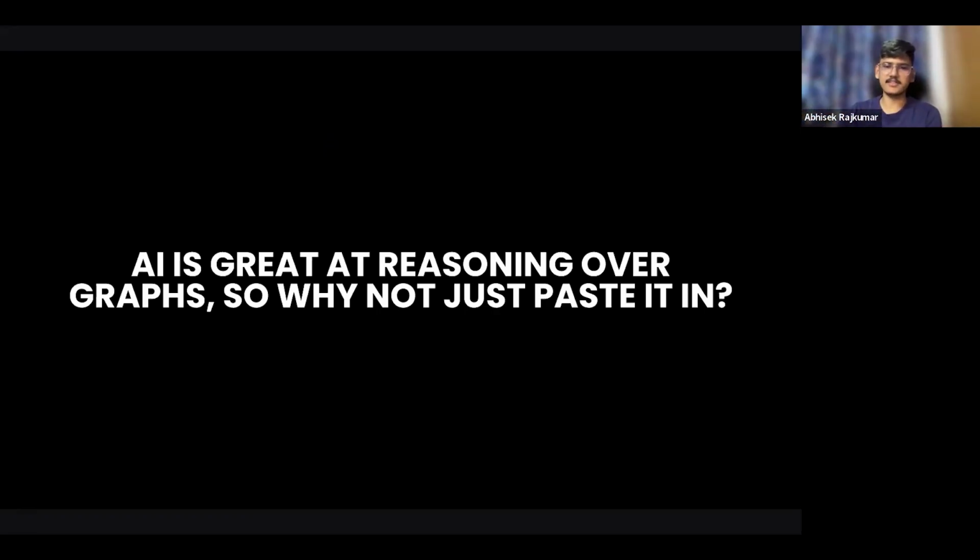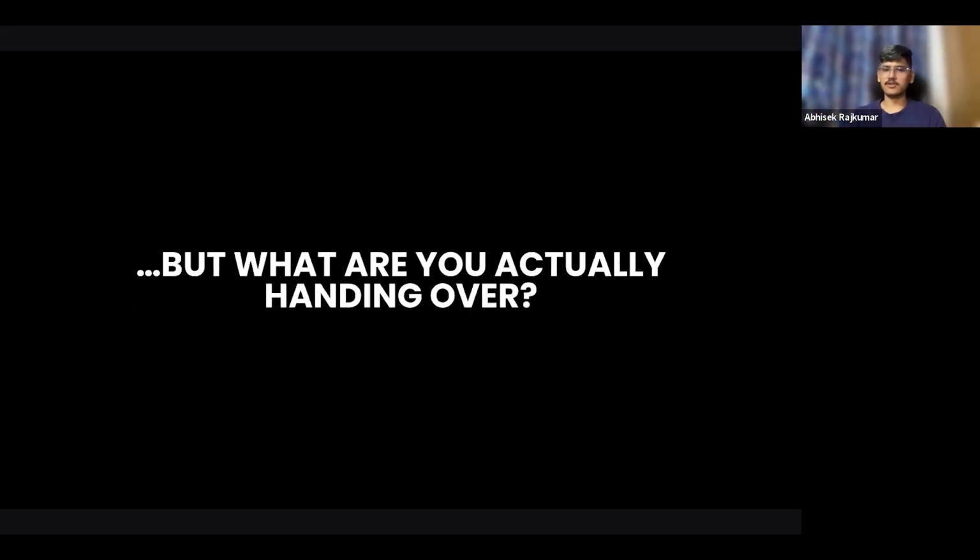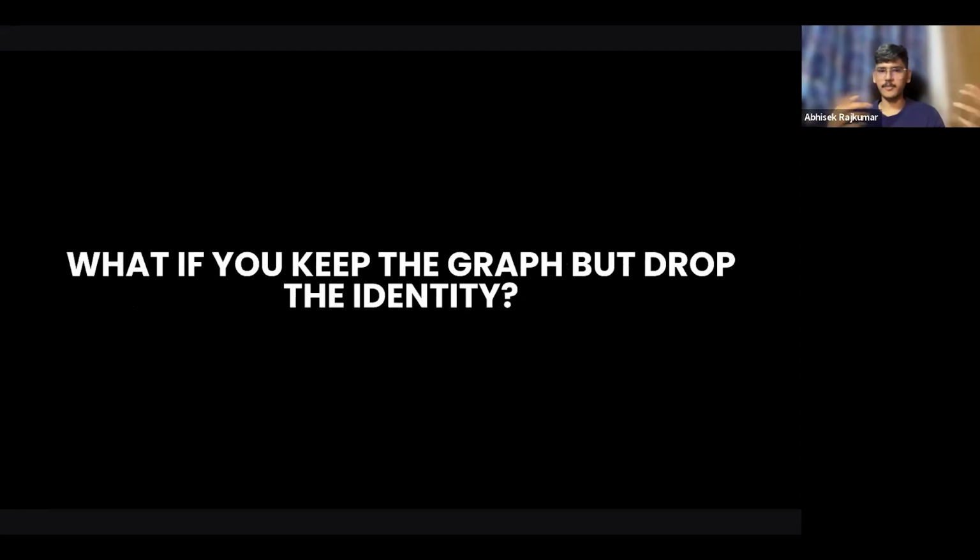There is a lot of stuff that might be stopping you from doing that. So why not fix that? Not fixing exactly, but what is the workaround to that? What if we actually try to drop the identity? This is the core part of the tool that we are going to talk about. What this tooling is going to do is find out what things are going to personally identify someone or some object.